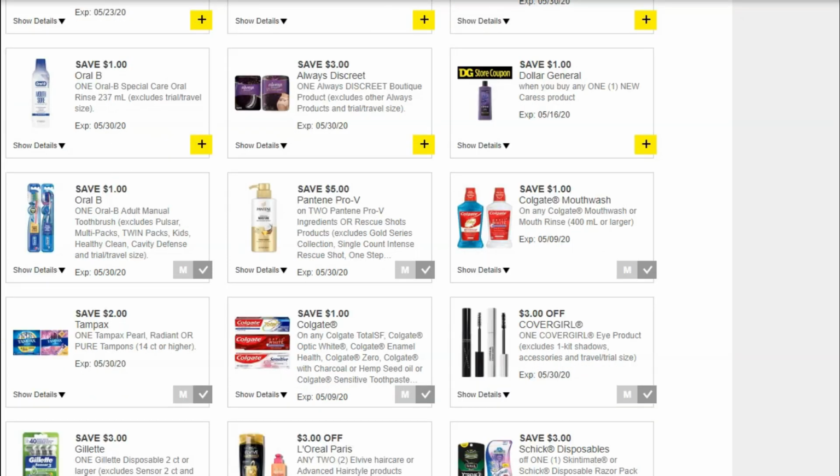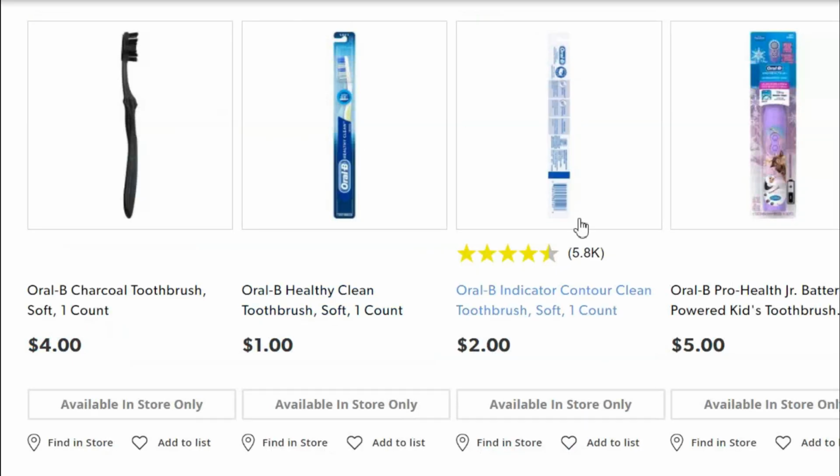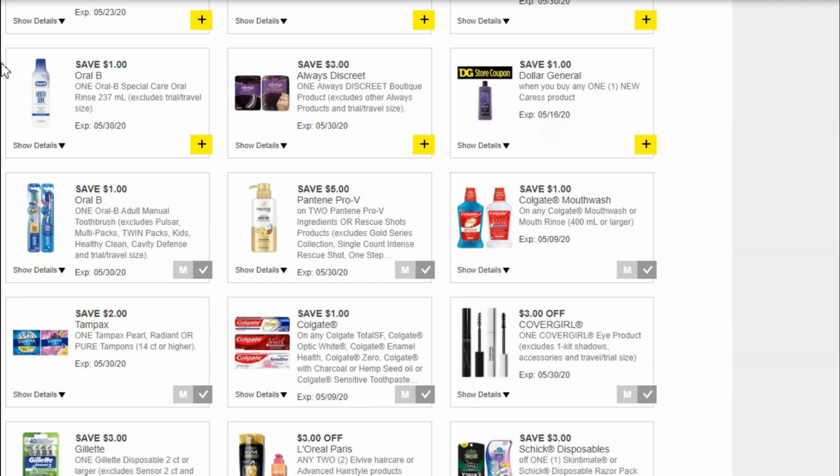Next, you're going to pick up one of the Oral-B manual toothbrushes. You really want to pick up the Oral-B Indicator Contour Clean. This is the $2 brush. Make sure you're getting that name right because there are some exclusions with this coupon. Pick up this brush for $2, and then you're going to use the $1 off Oral-B Adult Manual Toothbrush coupon,